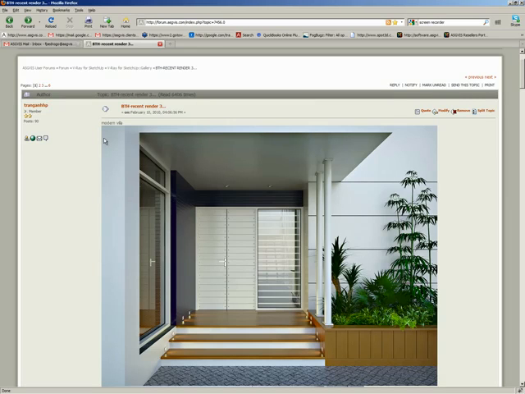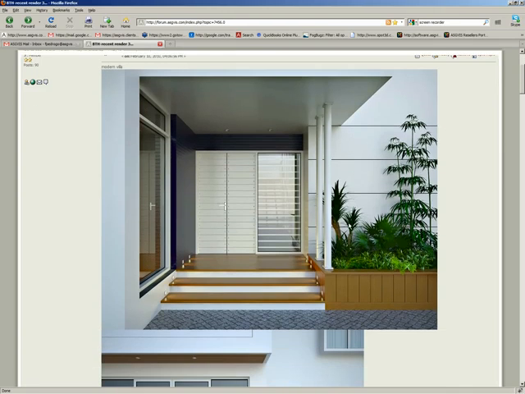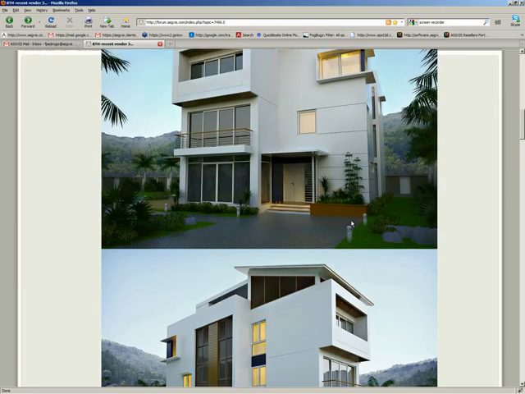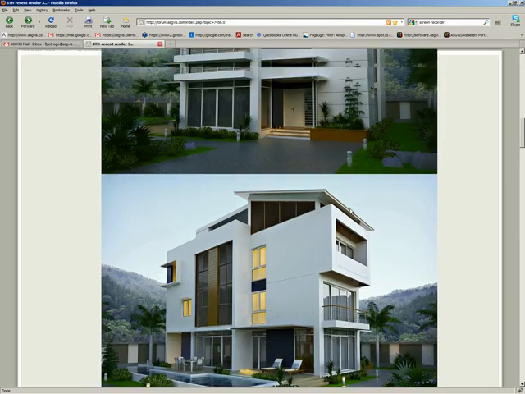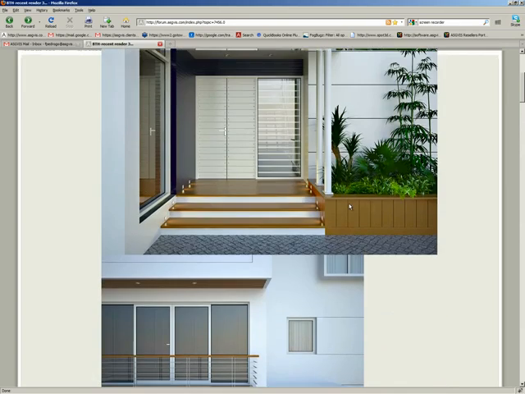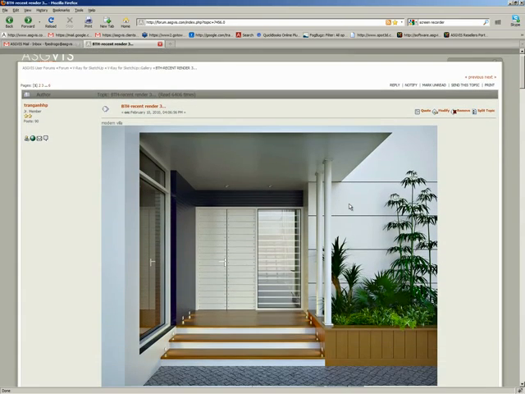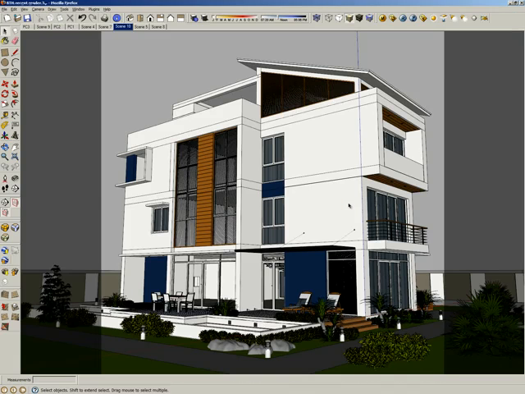I don't know the real name of this user, but this is one of my favorite ever scene renders using V-Ray for SketchUp. He also placed the scene in our forum, so I'm using this scene for the video tutorial, and all the credit for the scene is for him. So going back to SketchUp,